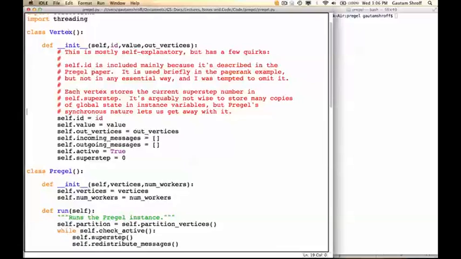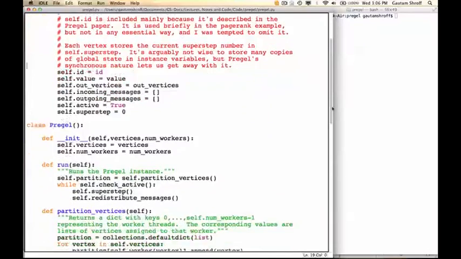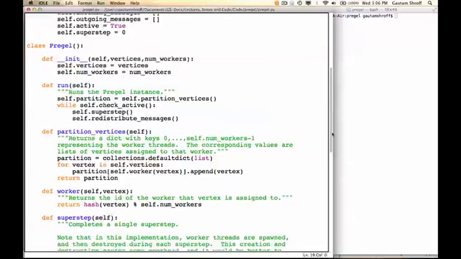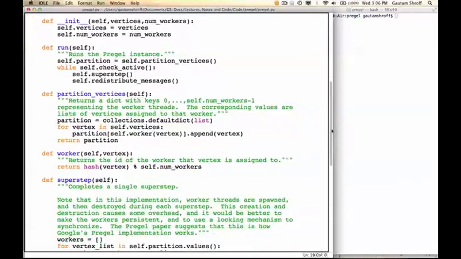It has a class called Vertex, which has various things, including the value of the vertex, as well as a list of outgoing vertices. That means the IDs of the outgoing vertices. It also keeps track of things like incoming messages and the number of supersteps being performed. Then Pregel, which is the class which does all the work, first does things like partitioning the vertices across different workers, and each worker actually is